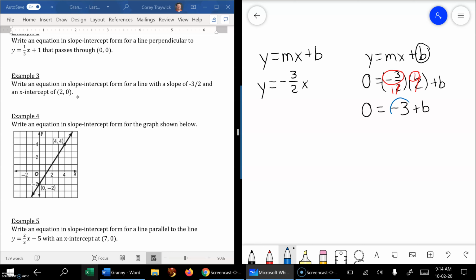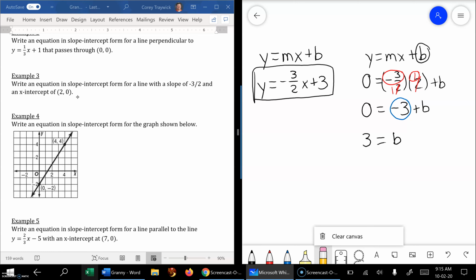All right, now I got to move this -3 over there. That's like adding 3 to both sides, and that's what's going to happen. We're going to move it over here, and we're going to make it a positive number. All right, and then our y-intercept is 3, and so we can use it right over here. That wasn't too bad. All right, so let me clear this off,